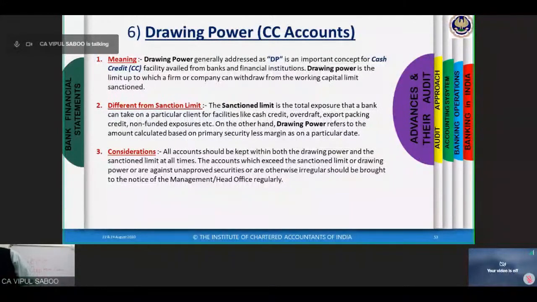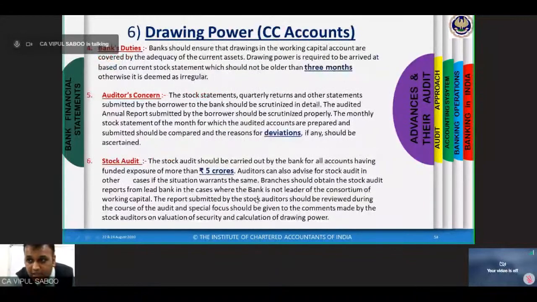Right? Yes, Ganesh, I'm coming to that. All accounts should be kept within both drawing power and the sanction limit at all times. The accounts which exceed the sanction limit or drawing power or are otherwise irregular should be brought to the notice of management. Bank has a duty to ask the customer to